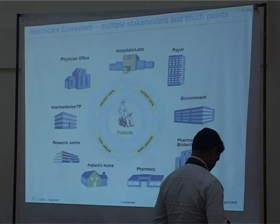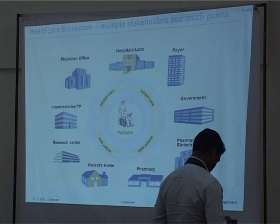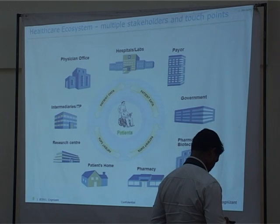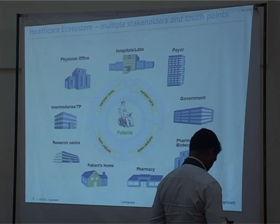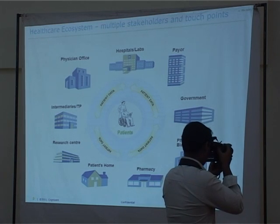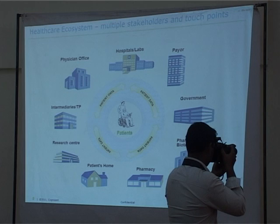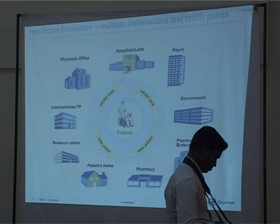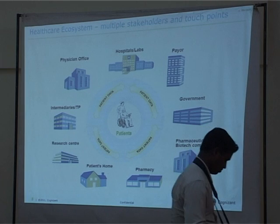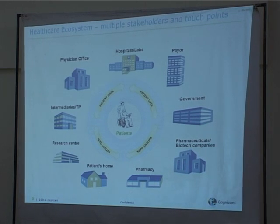There is also the cost of care, which is actually going out of proportion as we speak, and they are trying to see if they can contain that, making sure that each and every citizen of each country is able to access care and get good care delivery on each of their requirements. Of course, pharma companies, Dr. Ratnakar, I thought, gave a beautiful